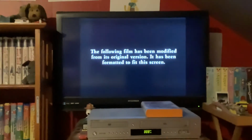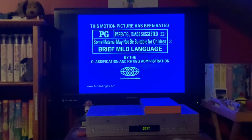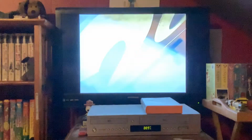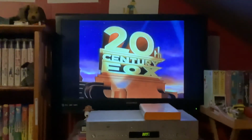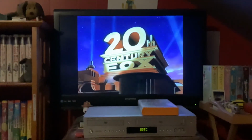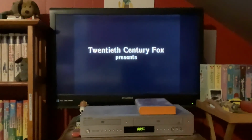The following film has been modified from its original version to fit this screen. This motion picture has been rated PG. 20th Century Fox. 20th Century Fox presents